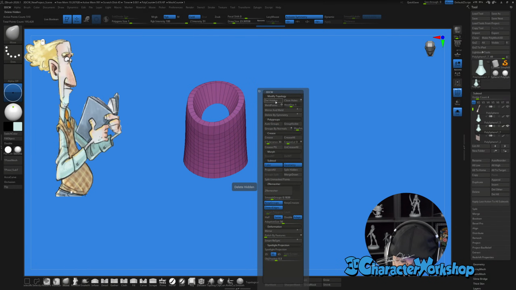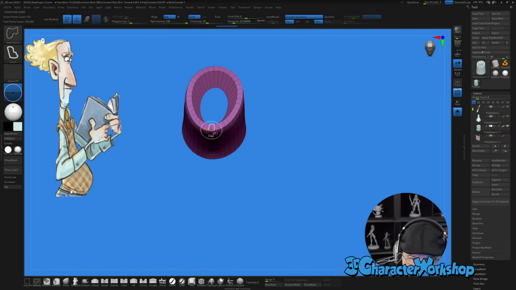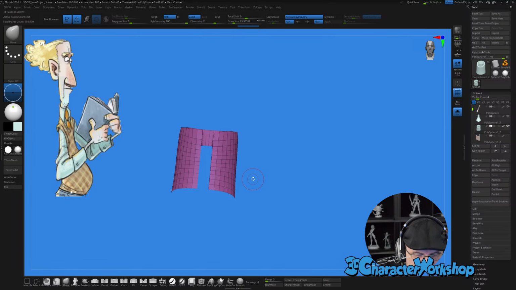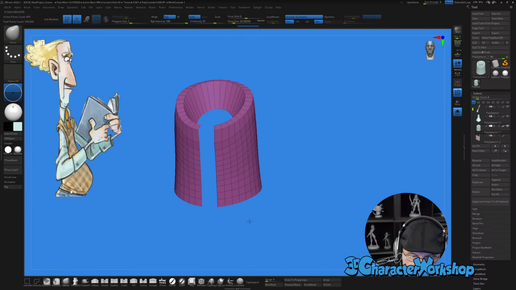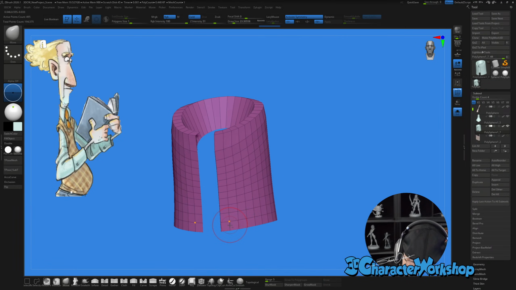Let's see, delete hidden. Then I'm going to get rid of the center line. Okay. And then I'm going to reduce. Let's do delete hidden. I'm going to go through and reduce this a lot by doing Z modeler and removing a lot of these edges.